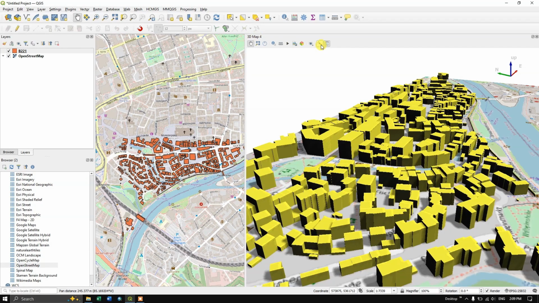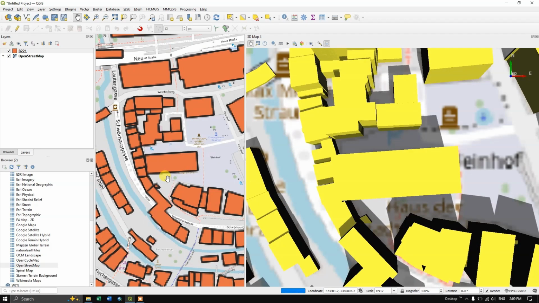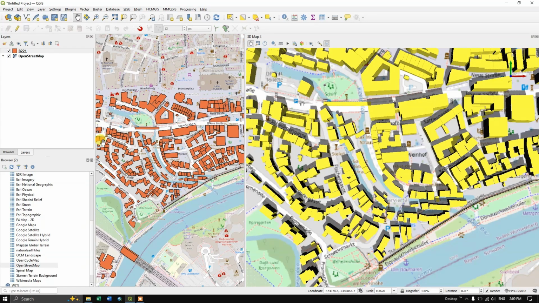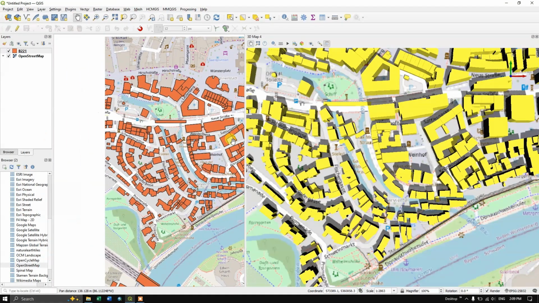You can see 3D map view follows 3D camera or 3D camera follows 2D map view. So if I click over here, you can see when I am using and navigating the 3D, it will be updated in 3D. Okay.